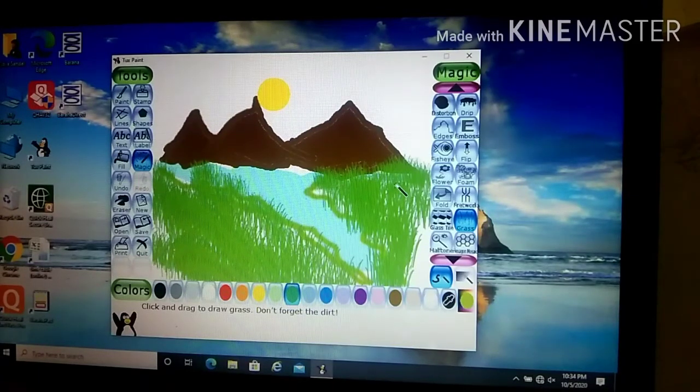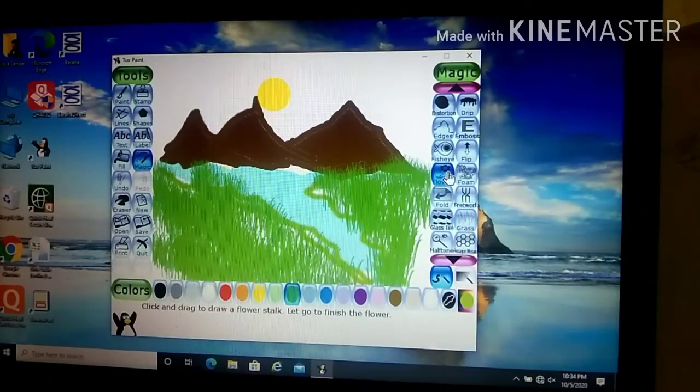Now the next tool is the flower tool. Again, if I have to use the paint option and draw, of course it will not look as nice as our artist do, right? So here I have options for the flower tool. See here, can you see that flower option in the magic tools?